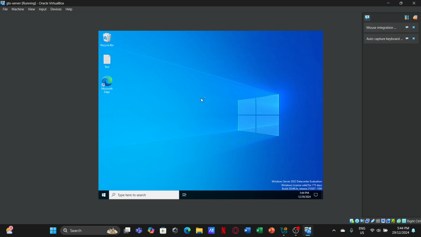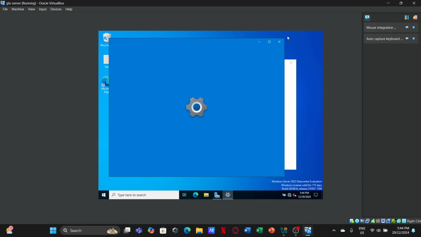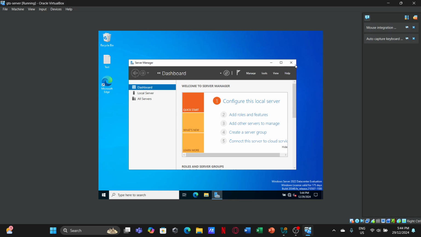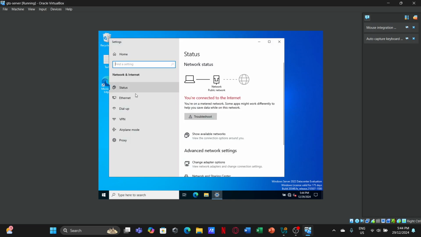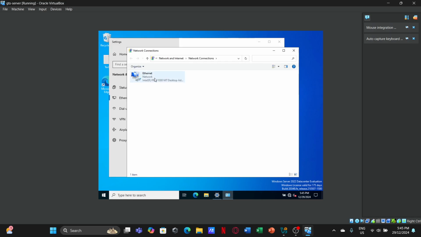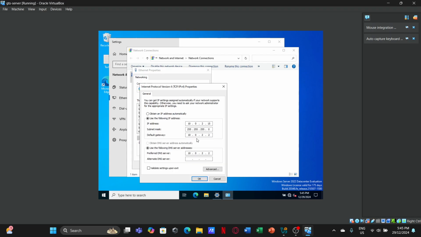So for the IP address, we will be going to network and internet settings. Never mind. Let's try that again without interruption this time. So we're gonna go into network settings, Ethernet, change adapter options. Right click this, properties, in the IPv4 properties, and we are going to use the following IP address, and we